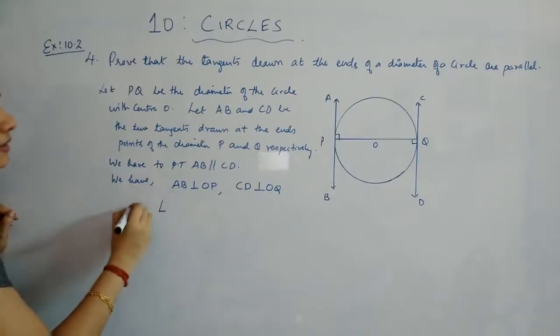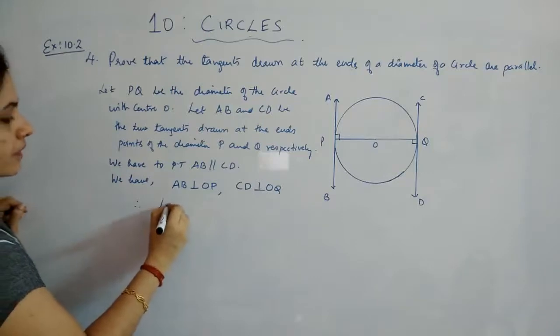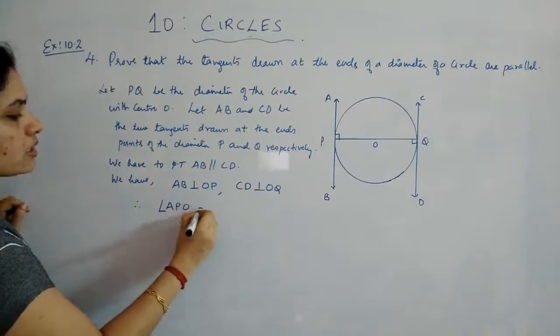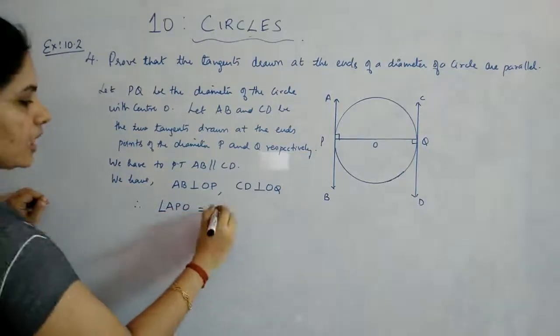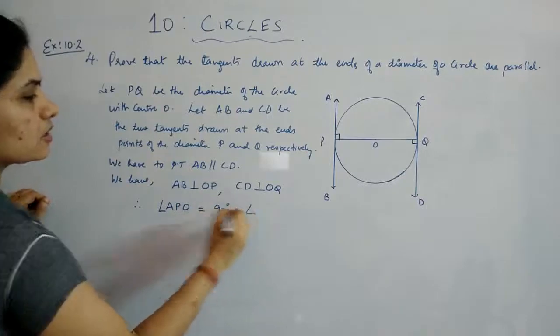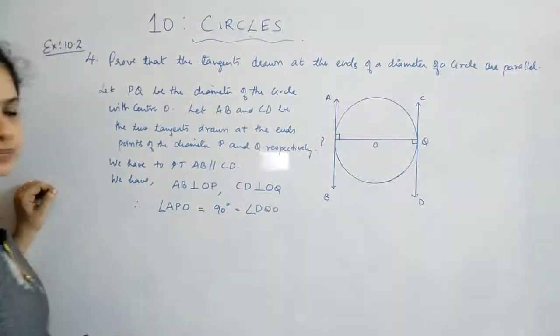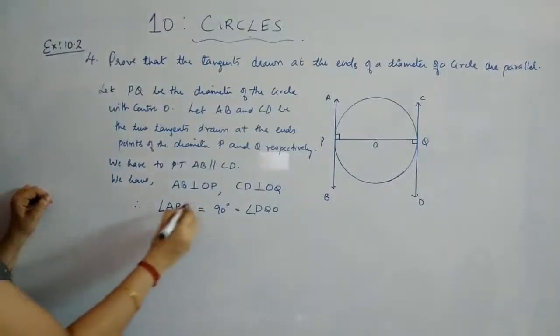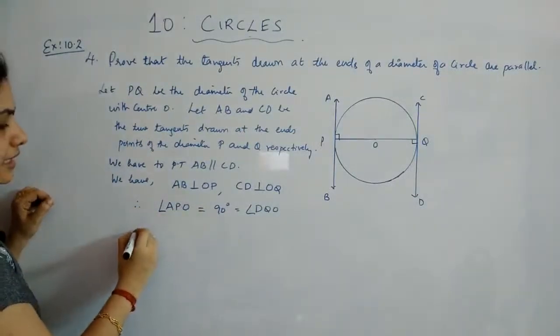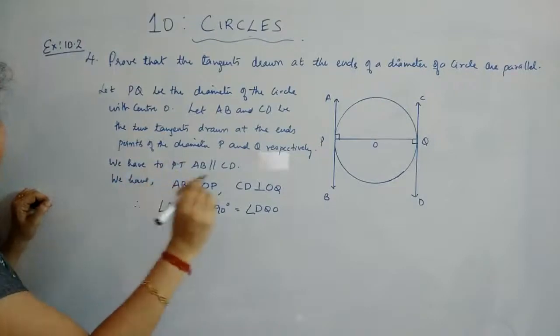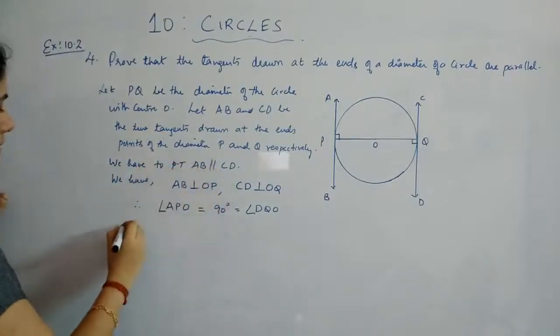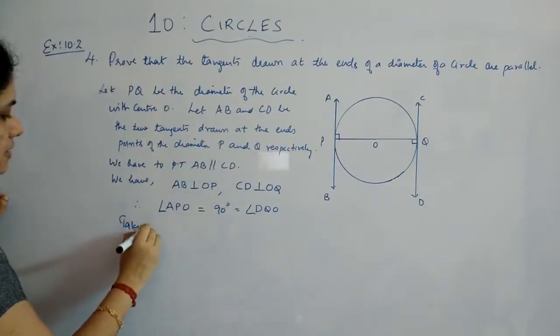That means angle APO is equal to 90 degrees is equal to angle DQO. Okay. Now we are saying that taking PQ as transversal,